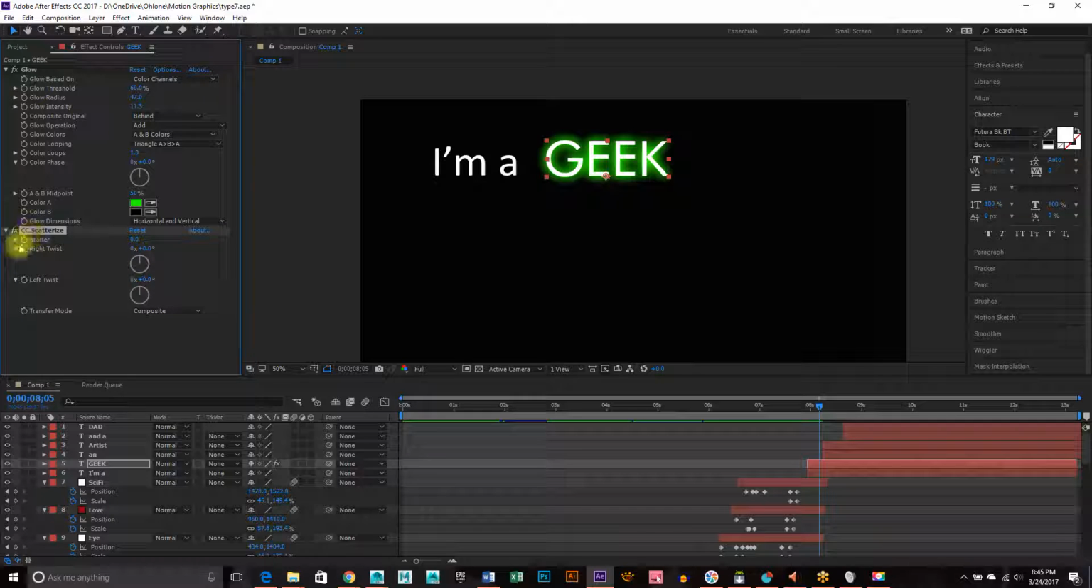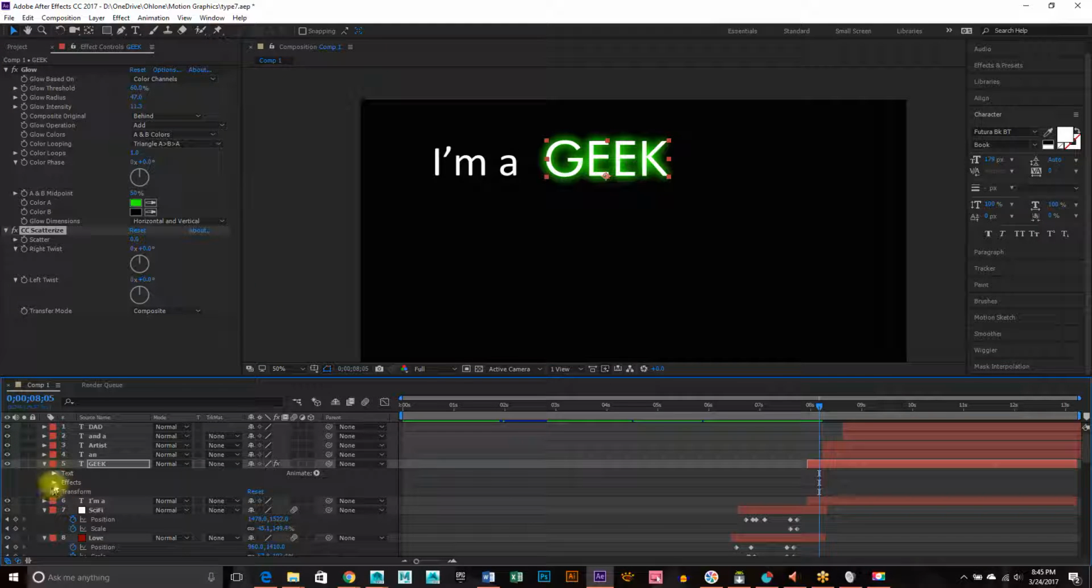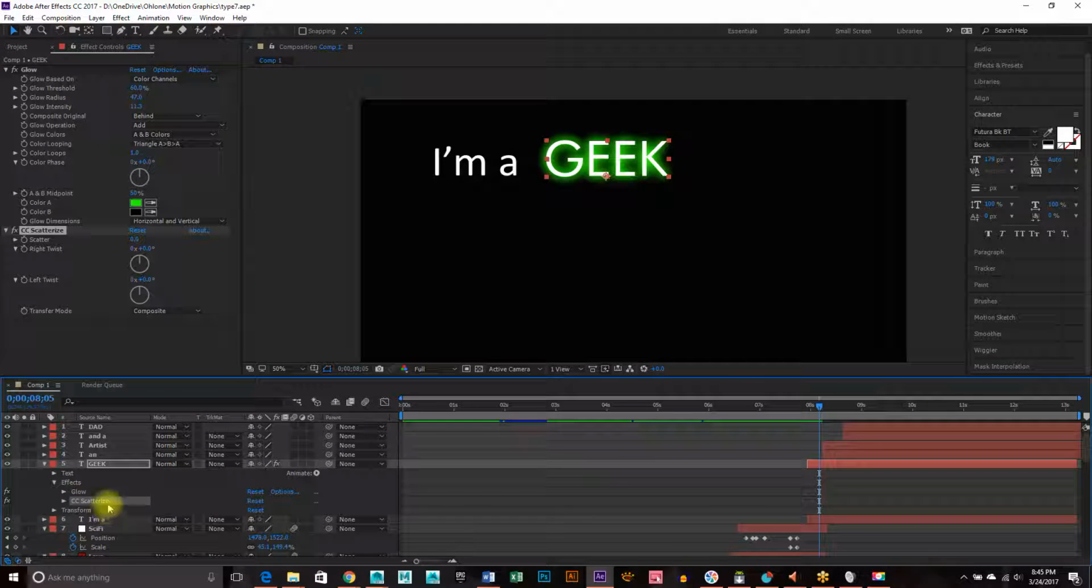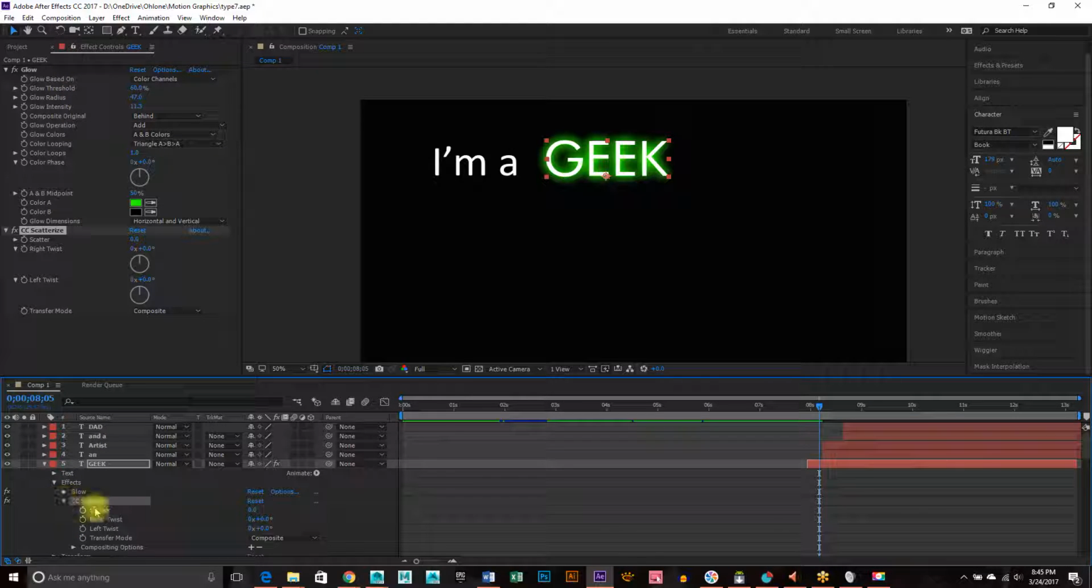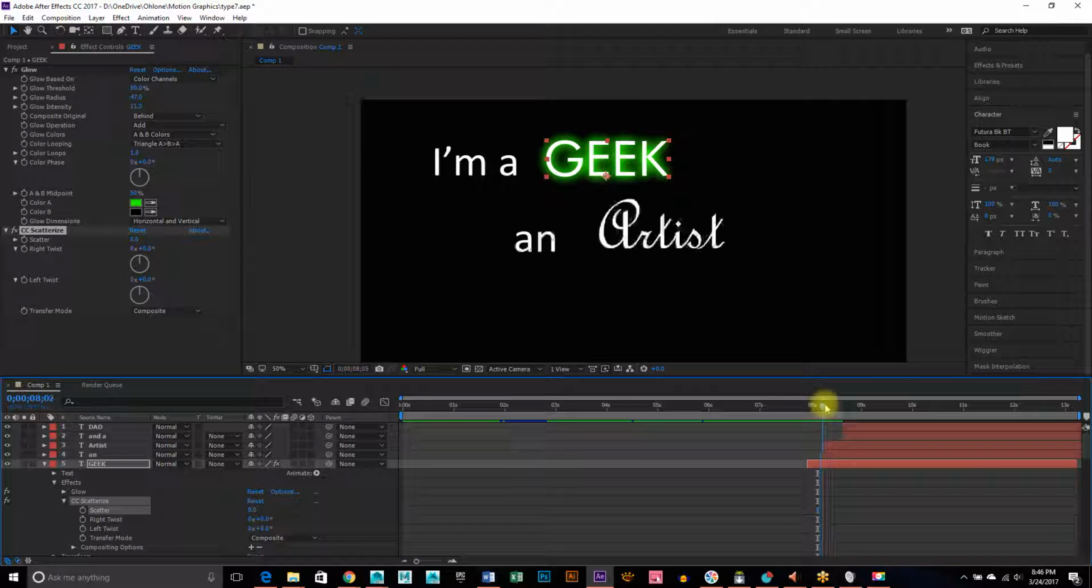But what I'm going to do with that scatter, so it's the scatter that I'm adjusting, and it's on Geek, and I'm going to open that up. You'll see under Effects, there's the Scatterize, because I have it selected here. It's highlighting it right there. And there's my scatter that I can actually key and see where those keys are going to be. Okay. So here's where it says Geek right here. And if I move forward,